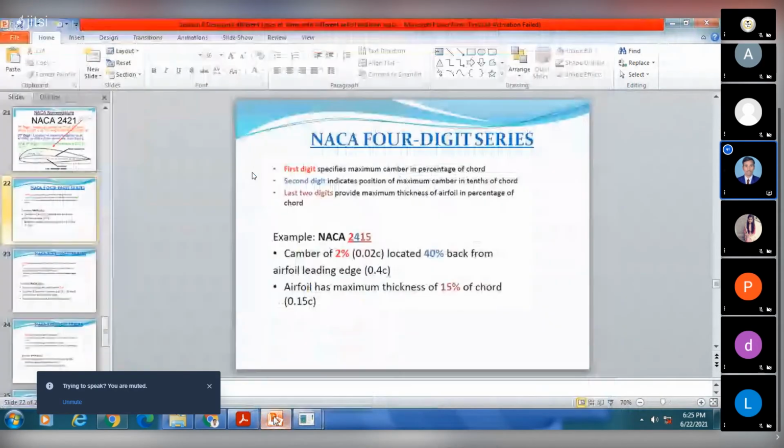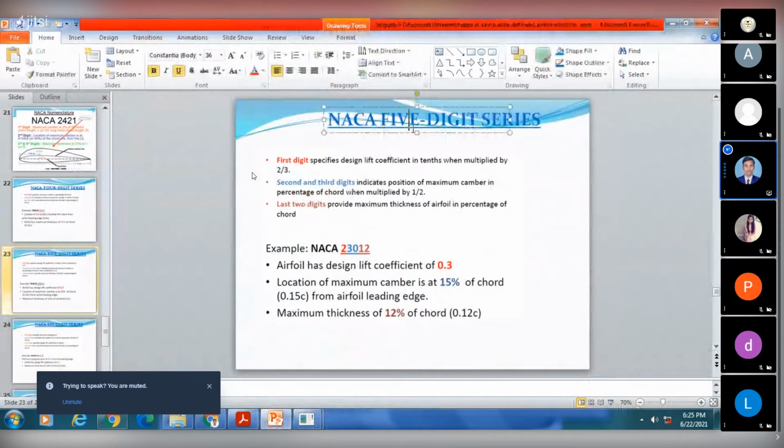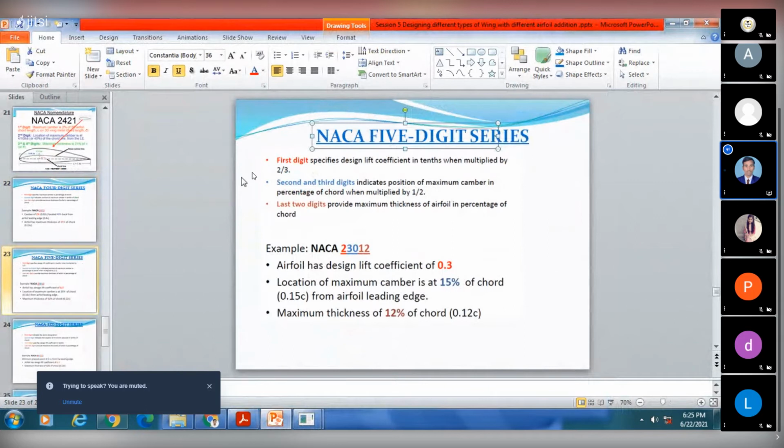Now next, the NACA 5-digit series. In this 5-digit series NACA aerofoil, the rest of the things are the same except the first digit, that is the design lift coefficient. The first digit indicates the design lift coefficient in tenths when multiplied by 2/3,